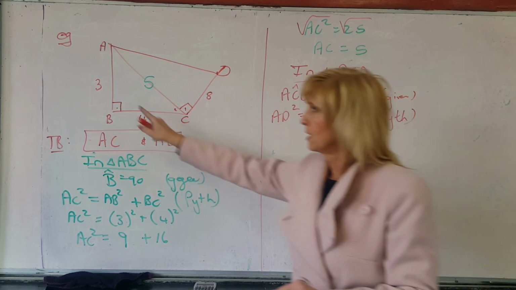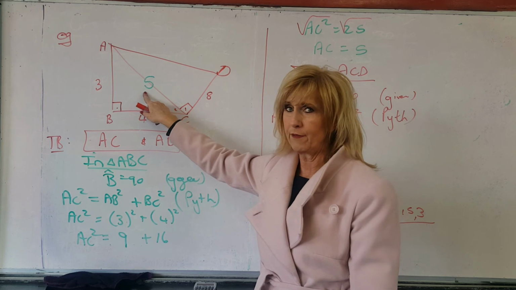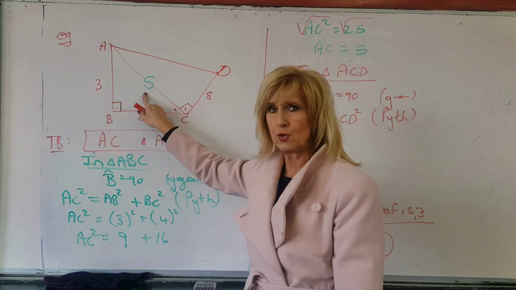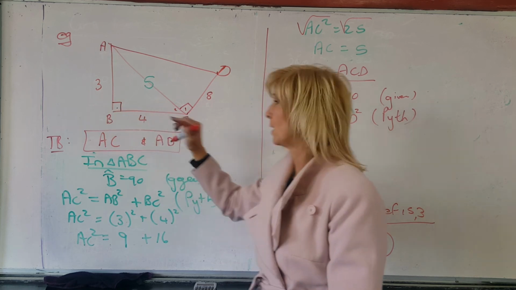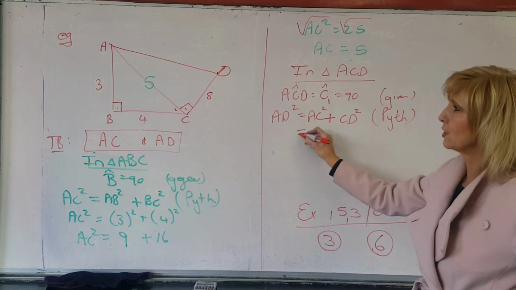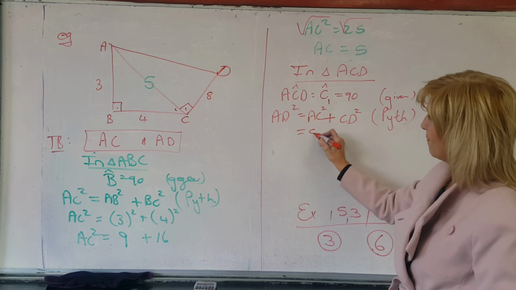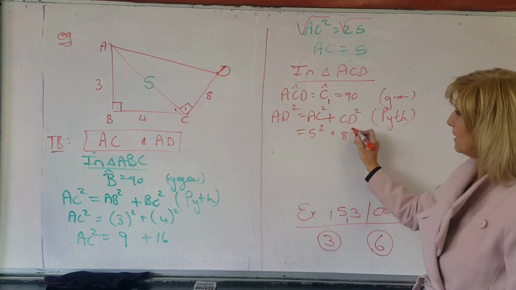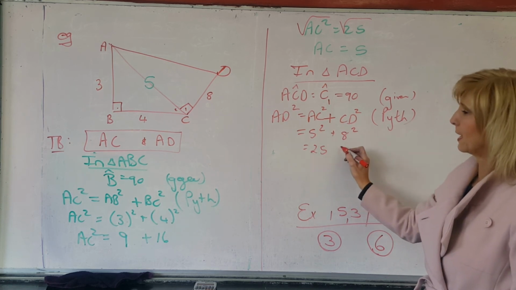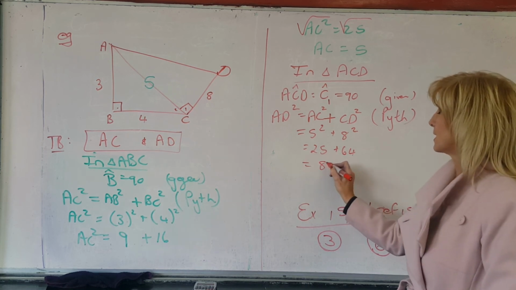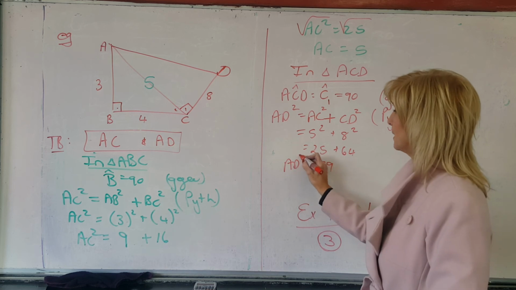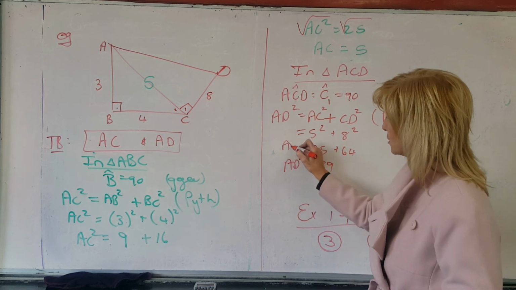That's not true. 3 and 4 doesn't give me 5. The sum isn't equal to this line. It's the square is equal to the sum of the squares. So if I add those together, then AC was 5 and CD was 8. And when I do my sum, I get 5 squared is 25, 8 squared is 64, so it's 89. So then to get my, let's do it all